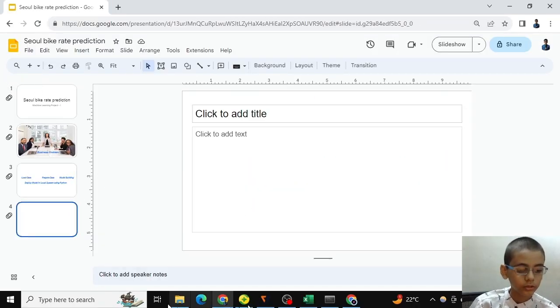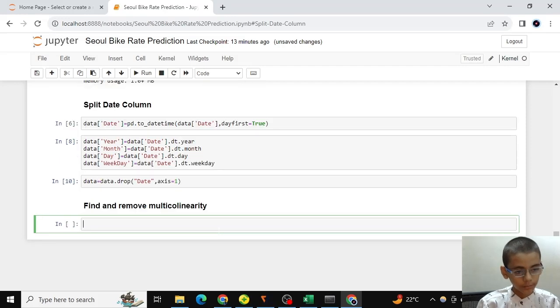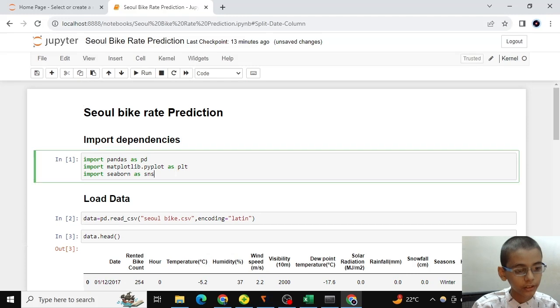So we have to find multicollinearity and delete it from our dataset. Find and remove multicollinearity. The spelling is wrong. Okay, we have to find multicollinearity here.